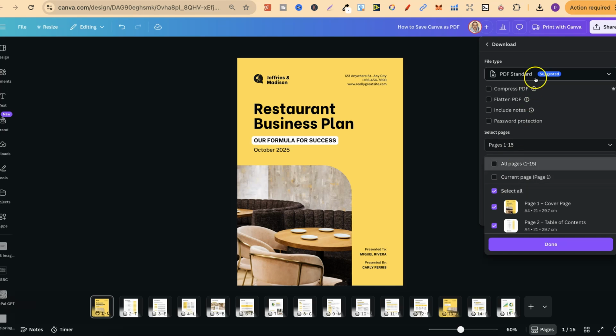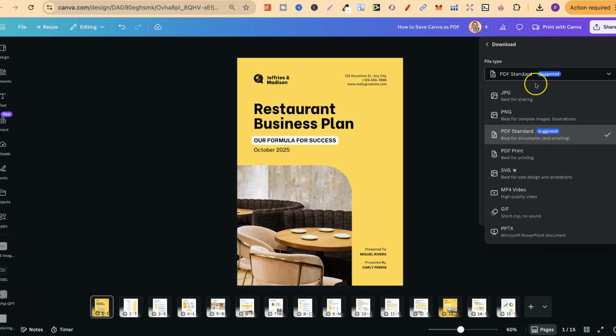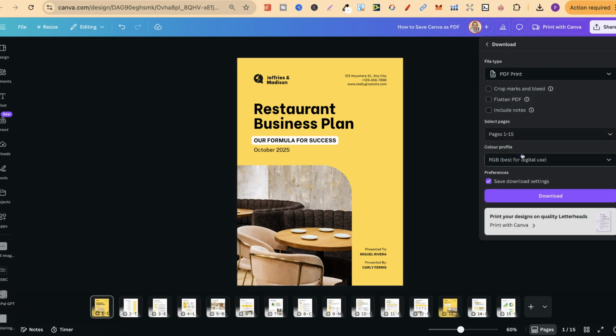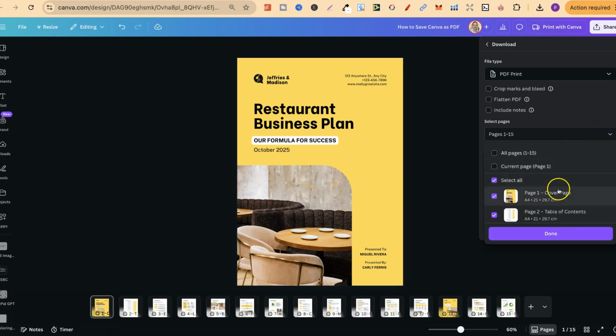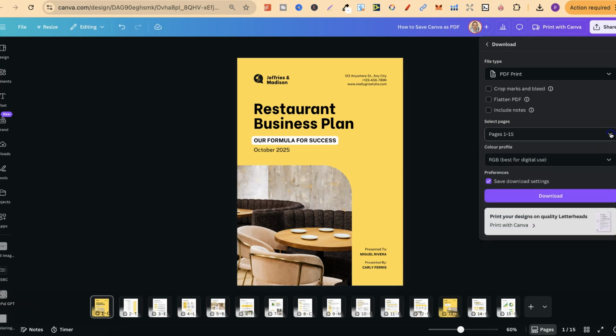Now, if we come back up to the top and click on PDF print instead, we can see the options that we have here as well. So we can crop marks and bleed. If we hover over the I, it's going to give you more information. We can flatten PDF or also include notes again. And again, we can choose how many pages that we want to download as the PDF. For this example, we'll keep it on select all,